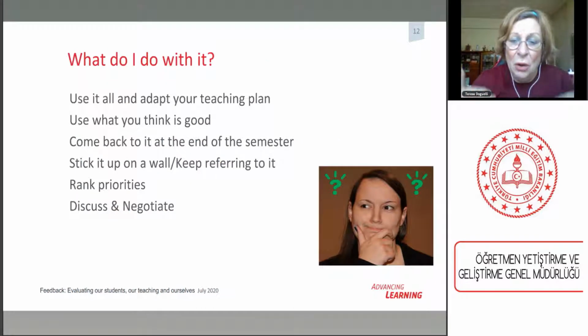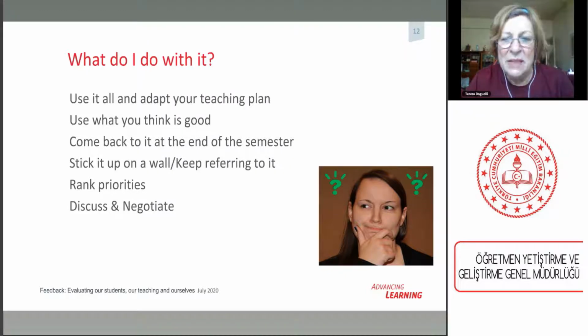So once you've got this kind of feedback, what do you do with it? You can obviously plan it into your teaching plan. You can choose what you think is good. You can keep having a look at it every so often, and you can look at it in the middle of the semester, at the end of the semester, keep checking to see if you've included all the feedback that